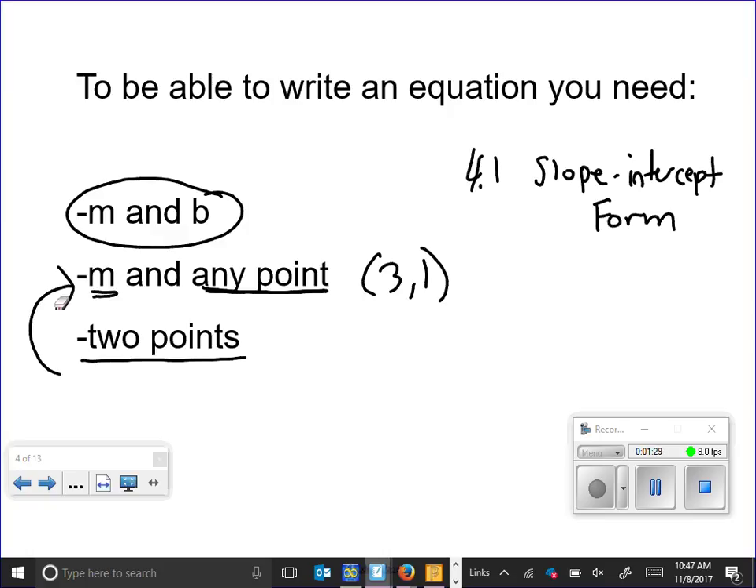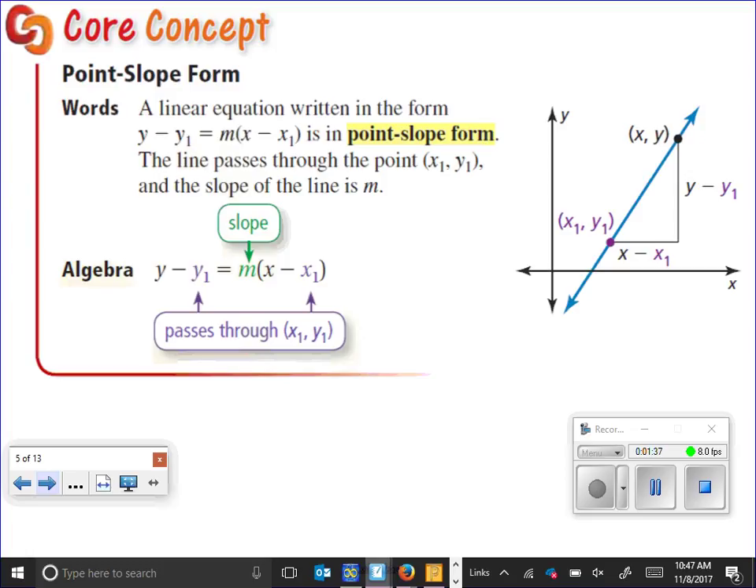What is point slope form? So based on the name, it kind of gives you an idea, just like slope intercept form, what we're going to be seeing. We're going to use a point and we're going to use slope. So make sure to write this down. Okay. A linear equation written in the form y minus y1 equals m times x minus x1 is point slope